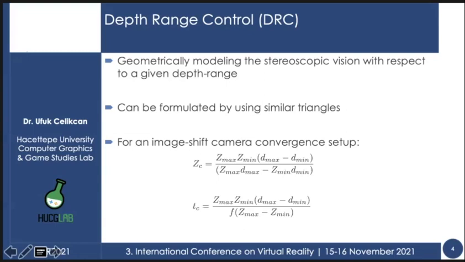Previous approaches employing DRC had been based on mapping the depth range without consideration of the distribution of the objects of significance in the scene. Therefore, our idea was that employing DRC alone may not be sufficient for proper enhancement. In this regard, we developed an attention-aware system as follows.